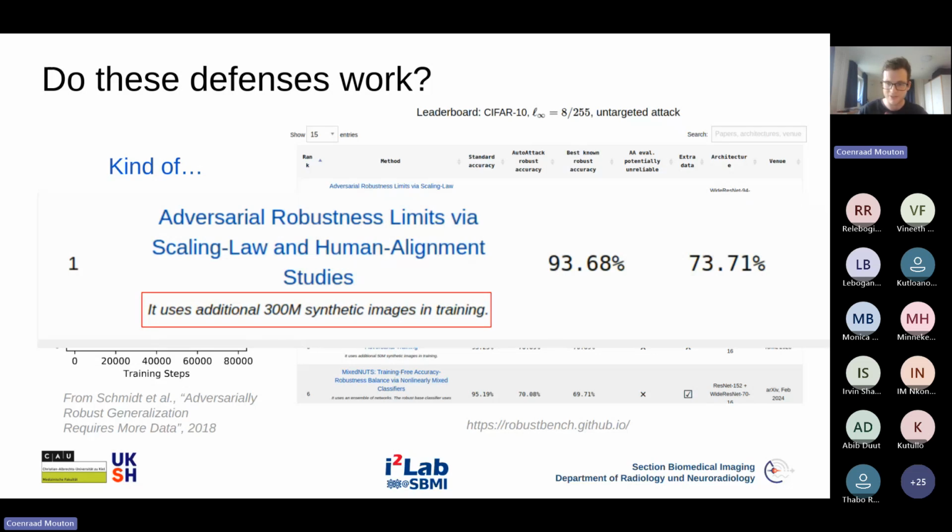We can easily train with a single GPU a model that's 99% accurate on standard data on this data set. But to get it to have only 73.71% robust accuracy, we have to, firstly, generate 300 million synthetic images and then train on 300 million synthetic images. You need a truckload of GPUs, of graphics cards, to get this simple performance on a simple 10-class classification problem. So clearly, this is a problem that's not nearly solved, and there's still a lot of work that needs to be done, even after 10 years of research.